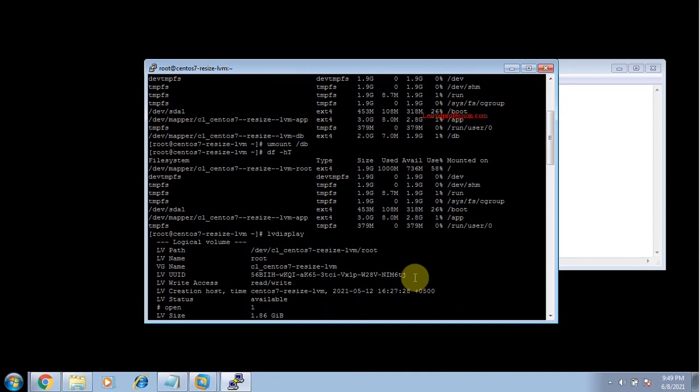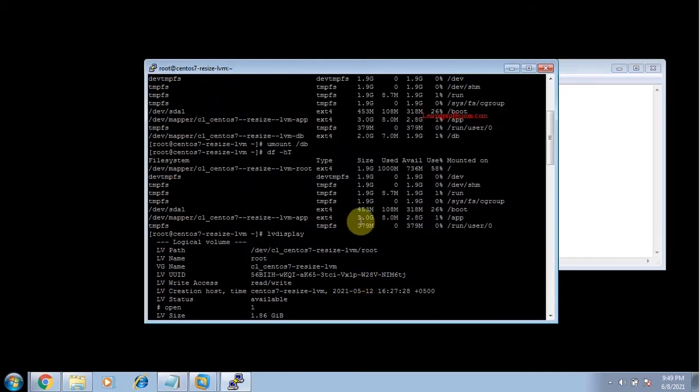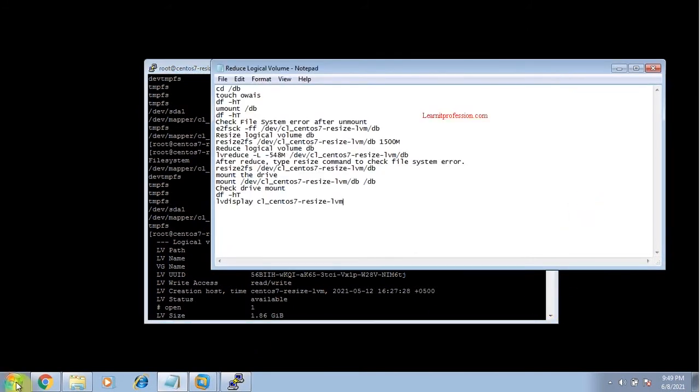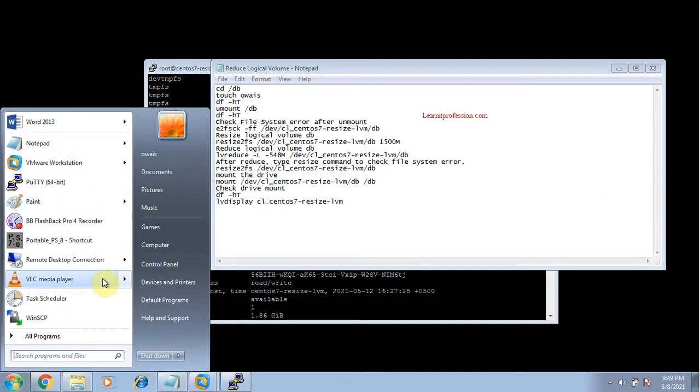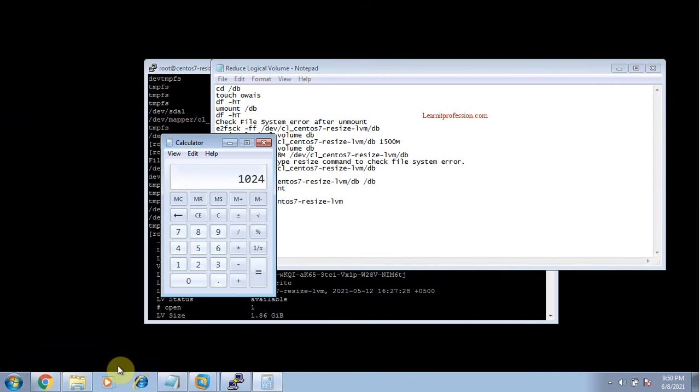We will reduce the size of db by about 548 MB, because 1 GB is equal to 1024 MB. So multiply 2 by 1024, that is 2048.